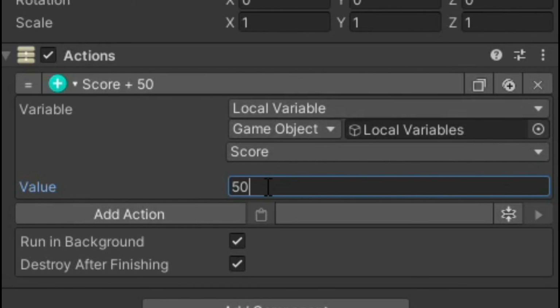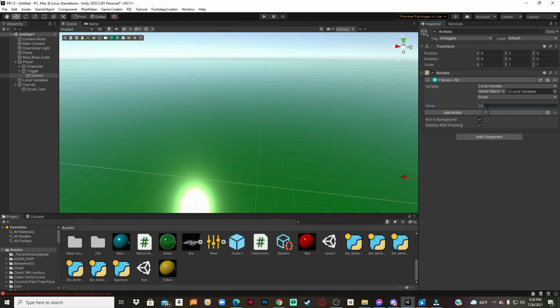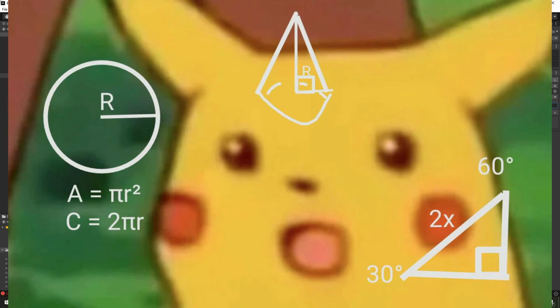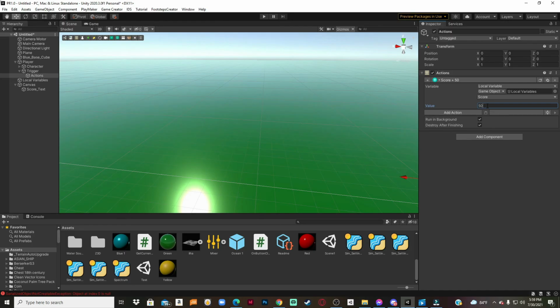So we can pretty much control this by, say, if you want a certain max number, you could do a condition on your trigger and say if it's 500, that's the max that you want it to add, then don't add any more, or destroy an action or something like that. That pretty much sets a limitation on how much you want to add. But for now, we're just going to